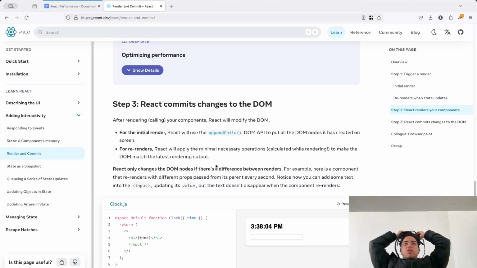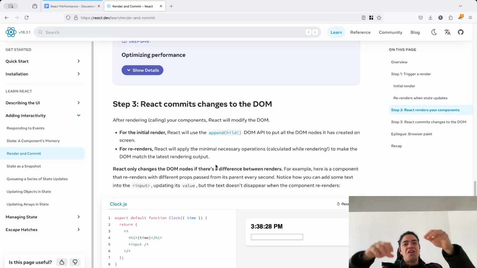So that's one of the reasons why you have to find a trade-off here. You don't want your component to be too small, because otherwise you will have performance issues, but as well you don't want your components to be too big, because if that component state changes, it will now cause a call to all of these